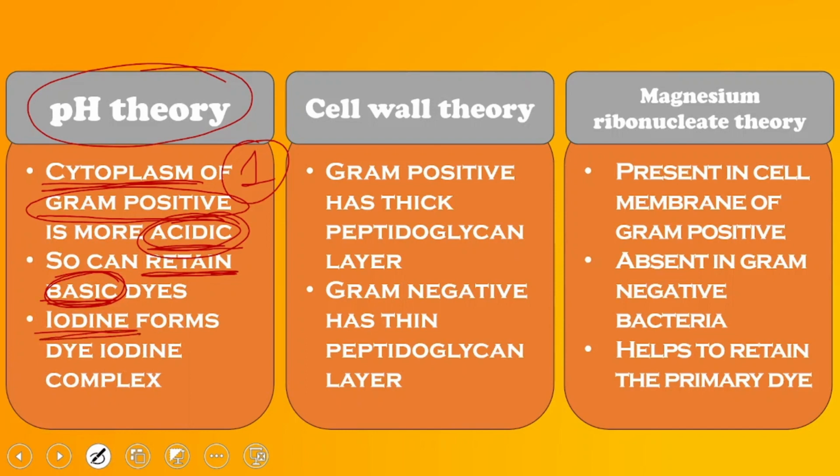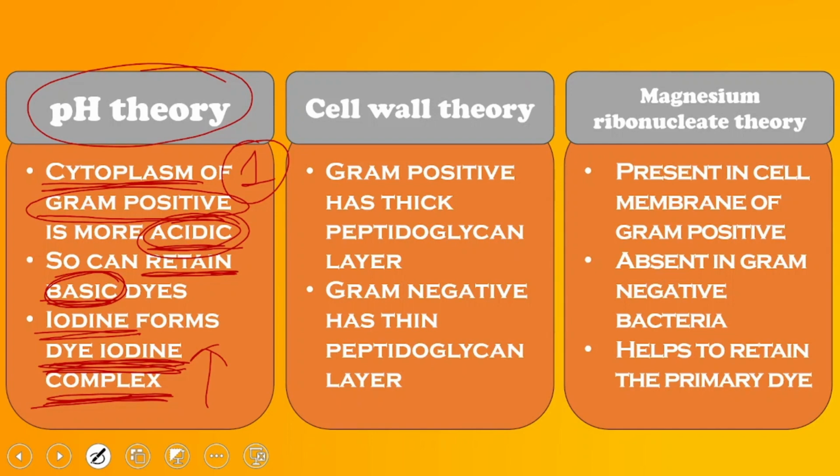Now, that also adds on to the retention of primary stain in case of gram positive, because it forms the diiodine complexes, and in diiodine complexes, the size will increase, and the permeability of the cell wall of a gram positive will be reduced, right? The diiodine complexes are bigger in size, and they cannot cross the cell wall of a gram positive bacteria because peptidoglycan layers are multiple over there, right? And it is thin in gram negative, so it is thicker in case of gram positive.